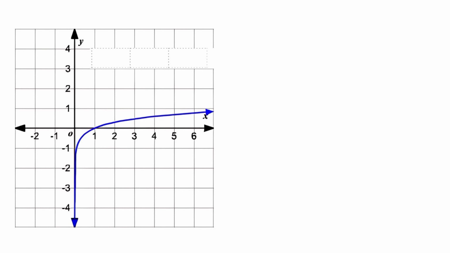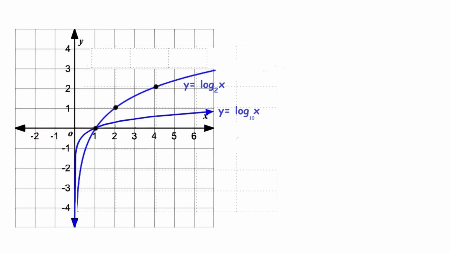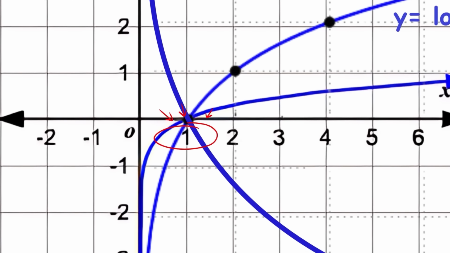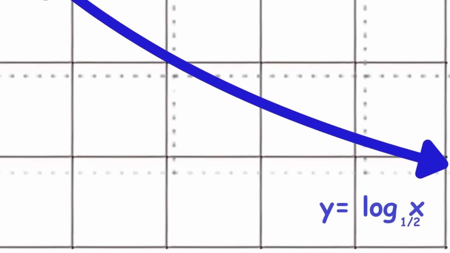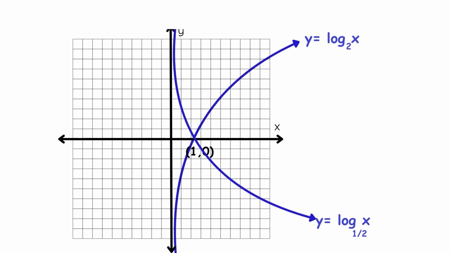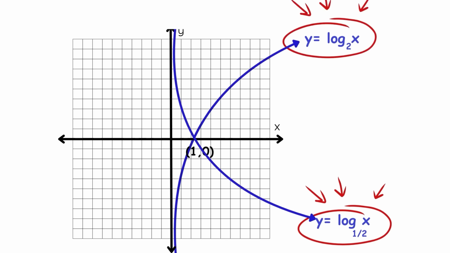We can also graph the common logarithm, which has a bigger base, so it grows more slowly, and the binary logarithm, which has a smaller base, so it grows faster. You can also use a base between 0 and 1 for the logarithm. This results in a graph that plummets from positive infinity, crosses through the x-axis at x equals 1, and decreases more and more forever. If you replace the base of a logarithm with its reciprocal, this is the effect of flipping the graph across the x-axis. For example, the graph of logarithm base 1/2 of x is just a flipped version of the graph of logarithm